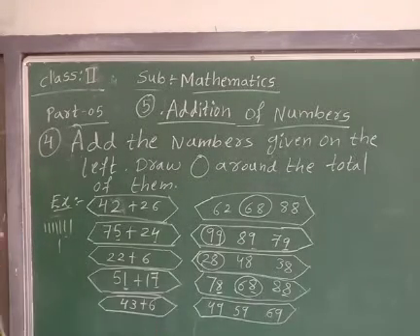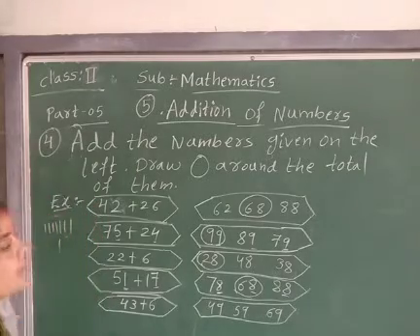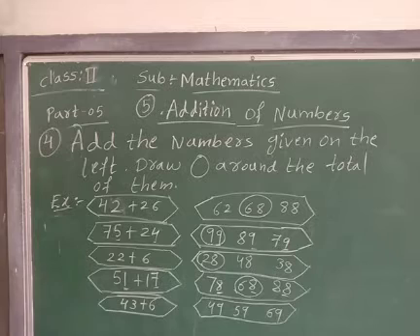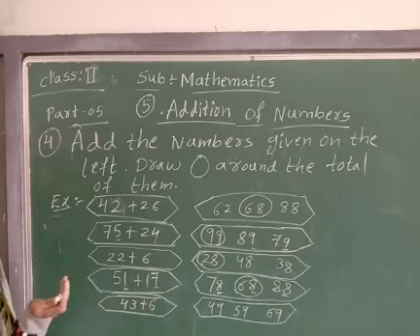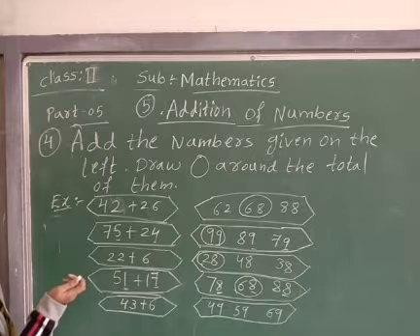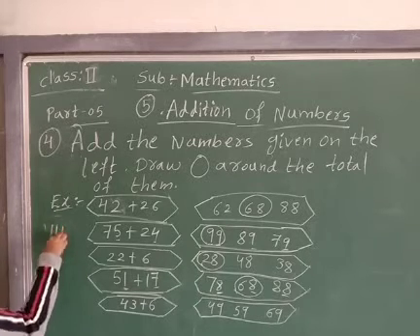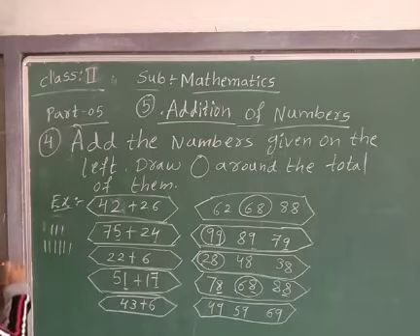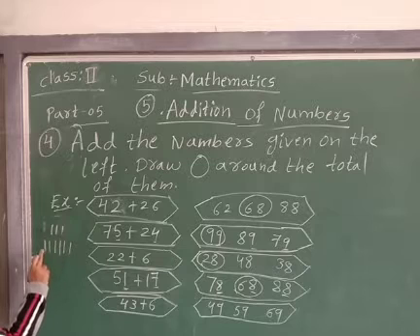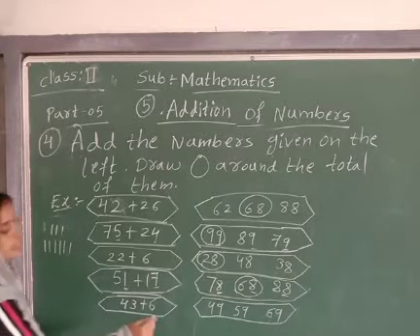Count. If you don't know, you keep lines only. Very easy way. You keep lines and count. You take some books or pens and sticks, whatever you have, crayons, to take and count it. 1, 2, 3. 1, 2, 3, 4, 5, 6. So total how many children here? 1, 2, 3, 4, 5, 6, 7, 8, 9. So in ones place, 9.